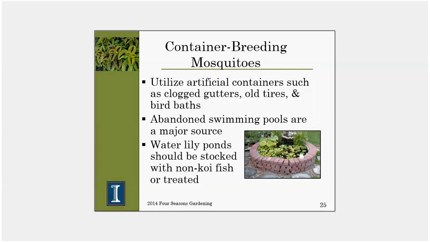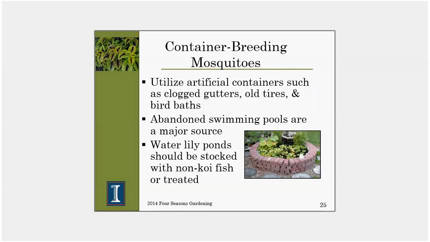Clogged gutters, old tires, bird baths, abandoned swimming pools, water lily pools that don't have anything to feed on the mosquito larvae, wheelbarrows sitting out, wading pools, tin cans, old tires, cars in junkyards, old abandoned vehicles, abandoned anything that will hold water is